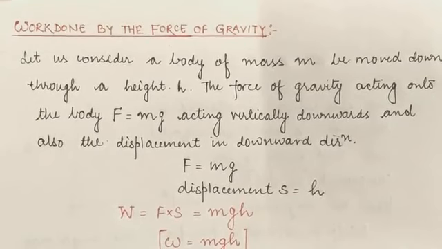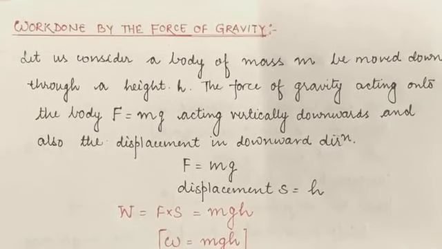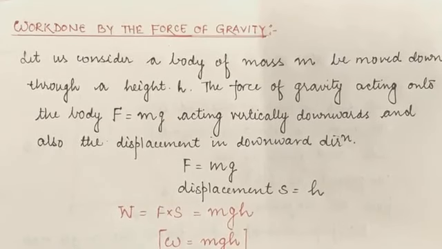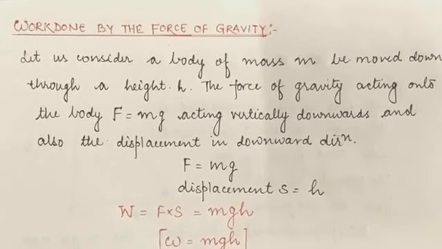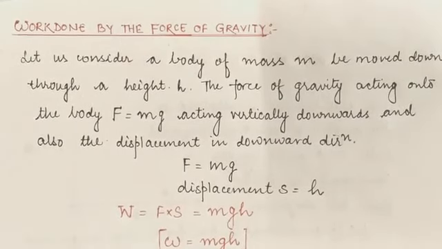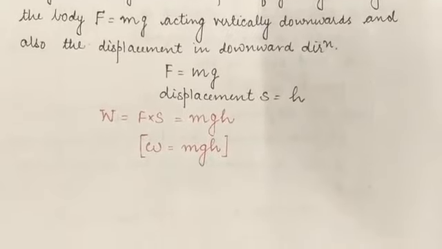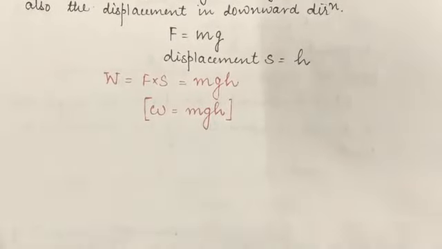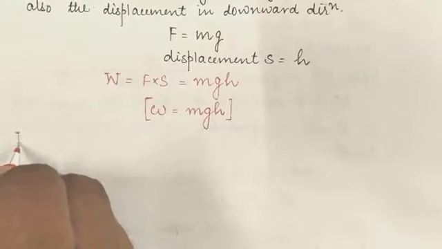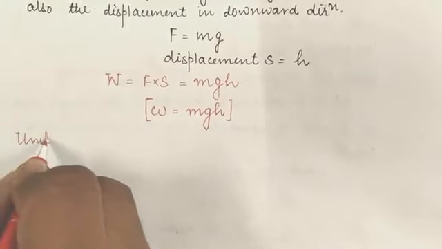Now we are going to discuss the different units of work done. Okay children, we already know that there are different systems of measurement like the MKS system, CGS system and FPS system. And also we know that the most standard system is the SI system. So now we are turning towards learning about the units of work done. Okay, so now I am going to list the next topic, that is units of work.